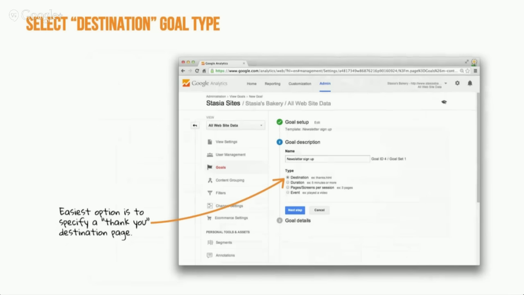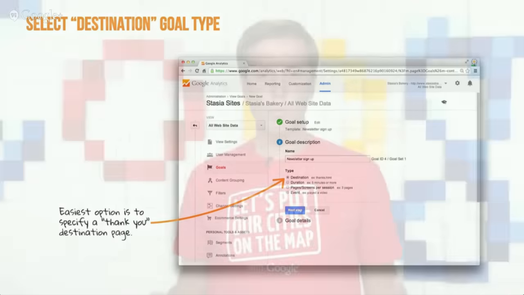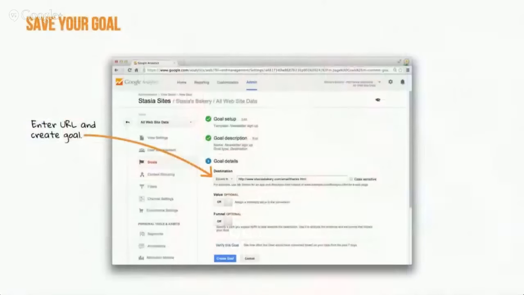And it seems like we've gone pretty quick for some of these pieces. So the issue is that with Stasia's Bakery, you've really set up a few things already. You've set up the ability to know how often they come to your site in terms of number of pages they visited. You know how long they've been to your site, and you know if they reached a specified destination URL, in this case, the thanks.html after your newsletter. You can do all these things with GA without a whole lot of hassle. Then you save that goal. So in this case, you put the full URL, stasiasbakery.com/thanks.html, and that goal is completed.